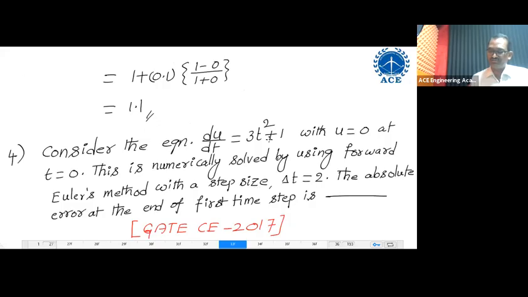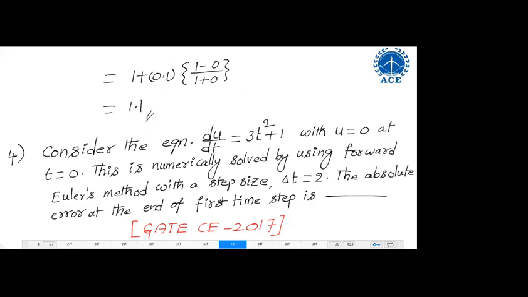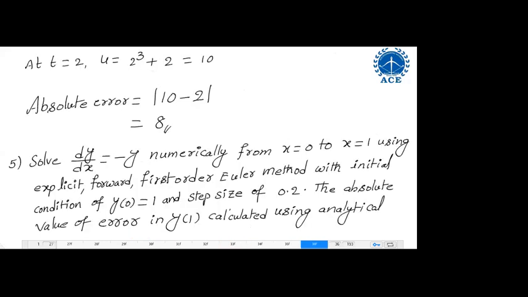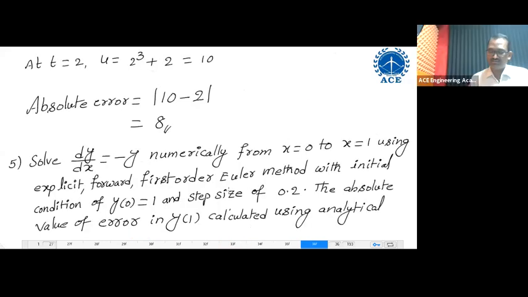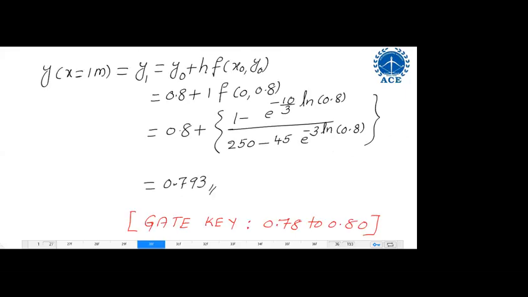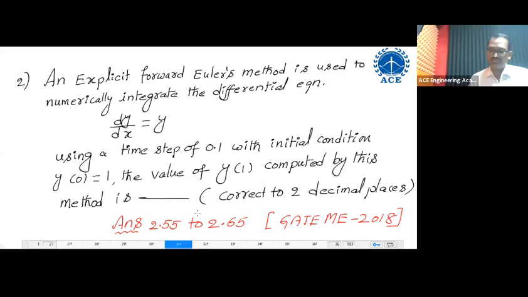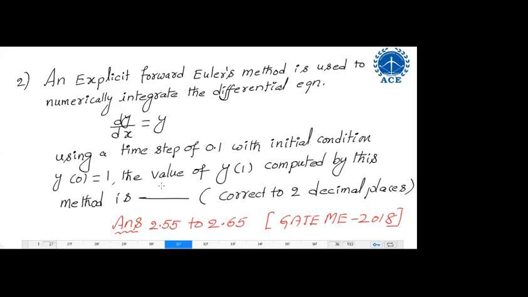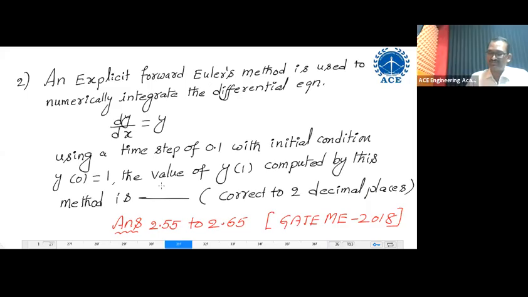du by dt is equal to 3t square plus 1. No, sir, it is an explicit forward Euler's method is used. This one? Second question. This problem I gave for this one? Oh, yes, sir. This one you need to find how many iterations you need to find. One minute. Look there, what you are given, tell me. Dy by dx is equal to